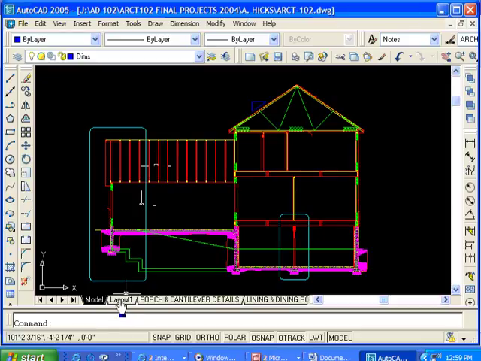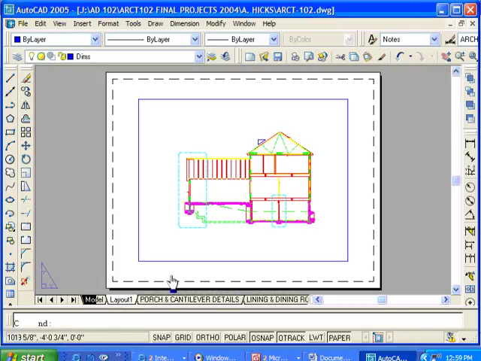open up a new layout, and you can see it down here. It's called Layout 1. And so I click on that, and it has a couple of default settings. First of all, it generally defaults to an 8.5 by 11 piece of paper, which is very small, and it defaults to one viewport. So what we want to do is make a couple of changes,